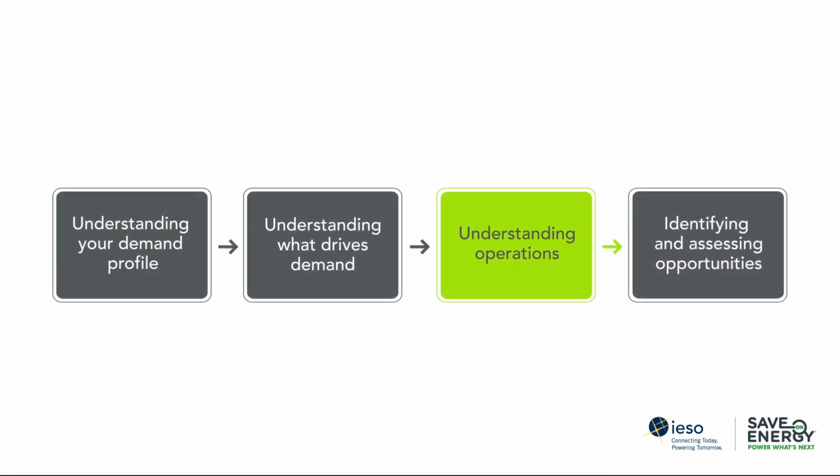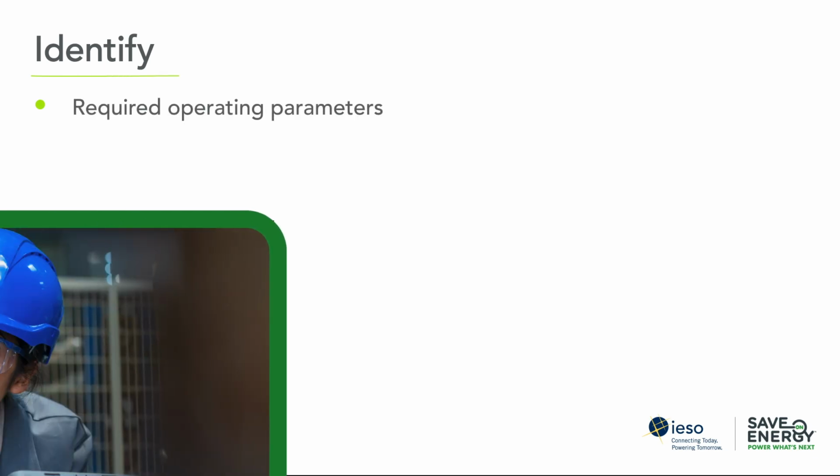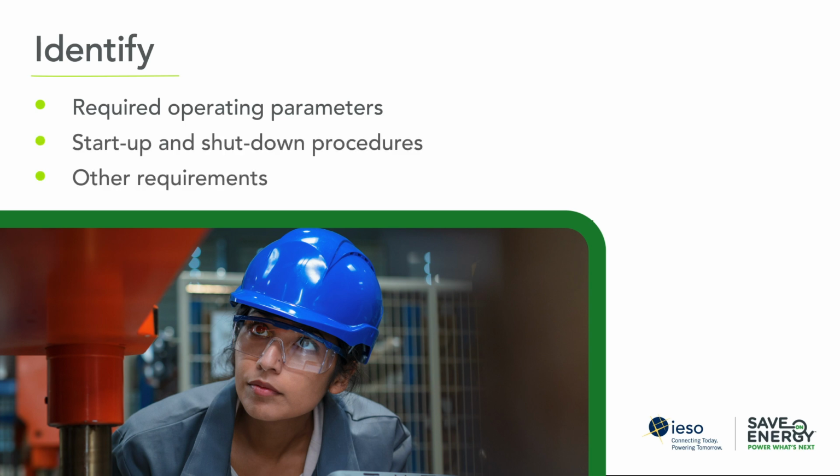The third step in the framework is to ensure you understand your operational criteria. This can involve reviewing how, when, and why your equipment and facilities are currently set up and operated the way they are. You need to consider how the various components of your facility fit together and the interdependencies of your operations. Consider variables such as the operating parameters that must be maintained, such as temperature or time sensitivity, startup and shutdown procedures, or other requirements. The goal is to develop an understanding of which parts of your operation are inflexible and which parts can be